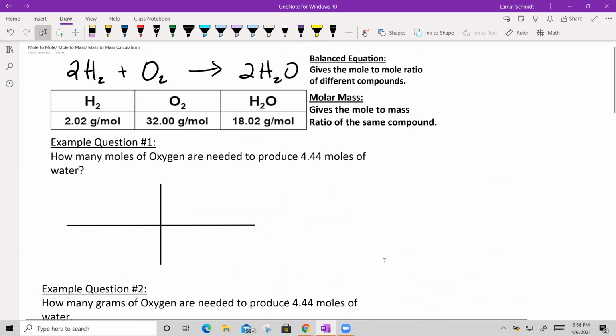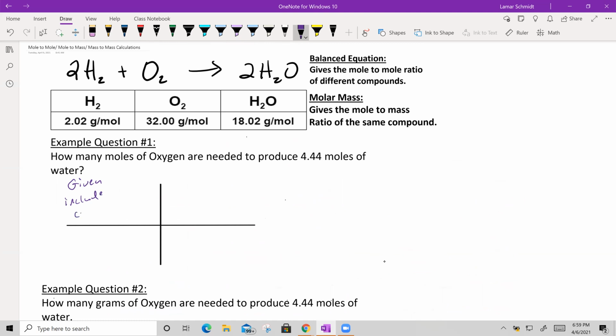All right, getting to the example questions, we want to say, how many moles of oxygen are needed to produce 4.44 moles of water? Now, when we have a bracket, it is very important that you note that we are going to write the given in the top left corner, and the given is going to be some number with a unit that is given in the problem. So you must include